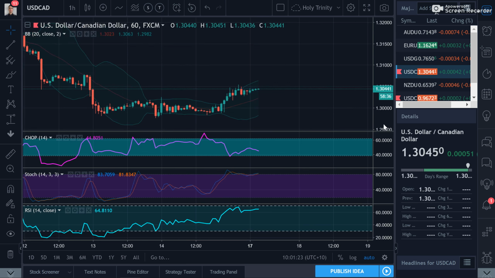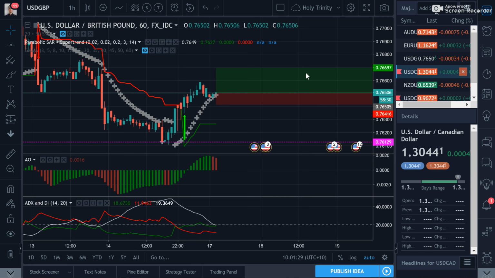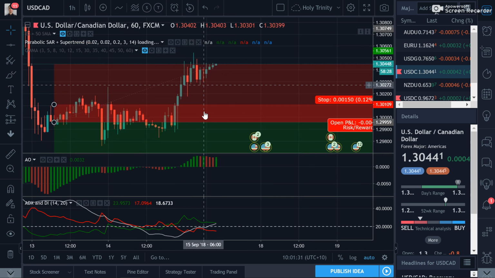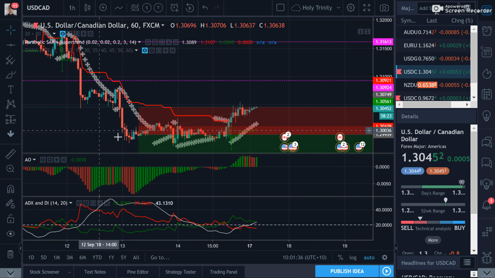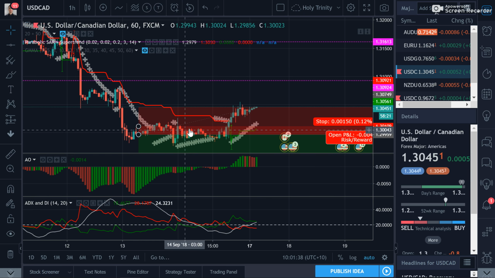Not happy about this one. USD CAD. It's called the Looney apparently, but I don't believe that. This one hit my stop loss. I made this trade. When did it hit my stop loss? I can't remember where I put it, but it hit it on the day that I made the trade. So it hit it